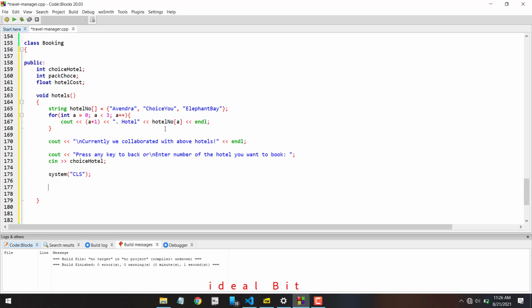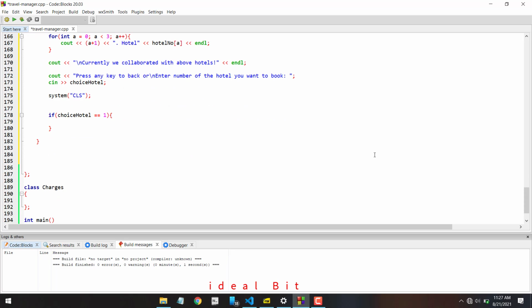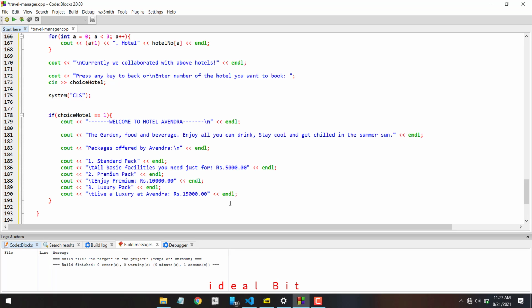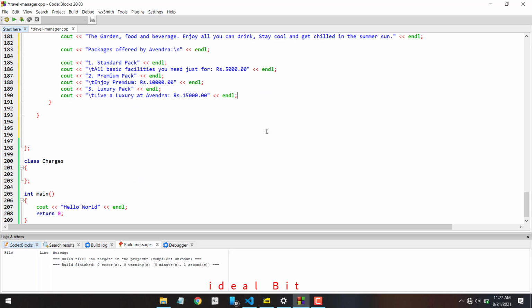Now I have to make if else statements to choose the hotels. Choice hotel is assigned 1. What will happen if choice is hotel 1? The hotel details should be printed. I create hotel details, so the details will be pasted in here by me. I'll wait for it. I pasted the hotel details of the first hotel, hotel 1, and then